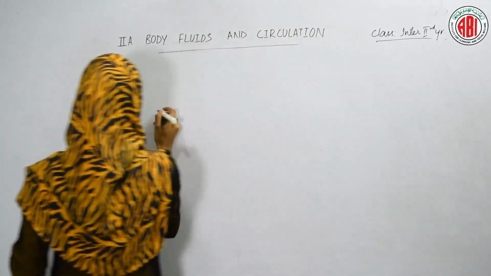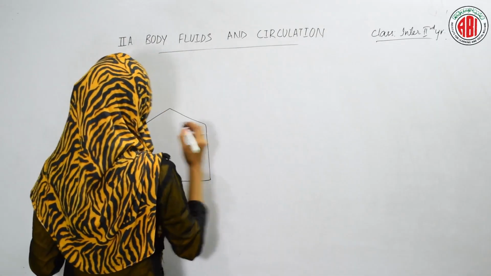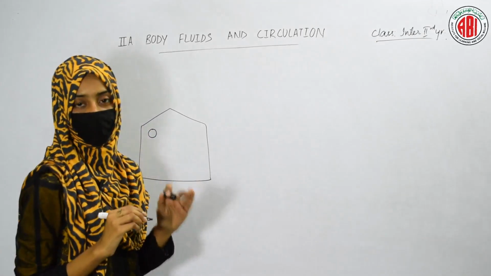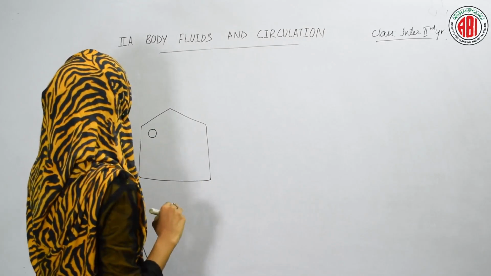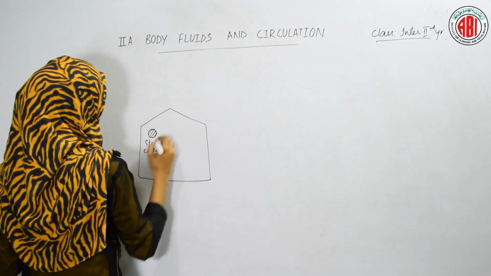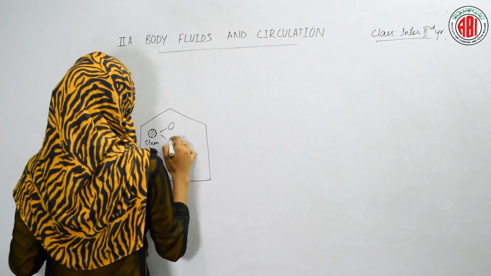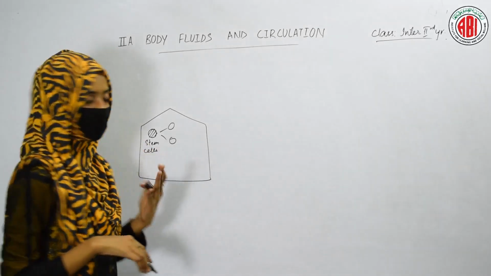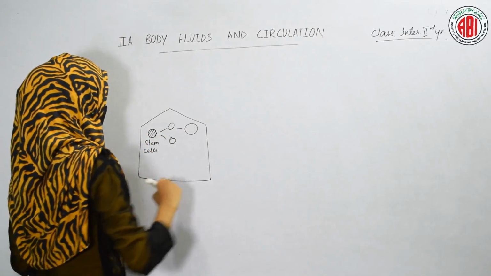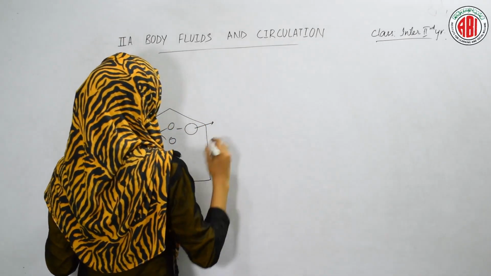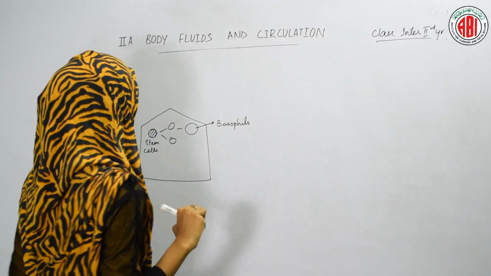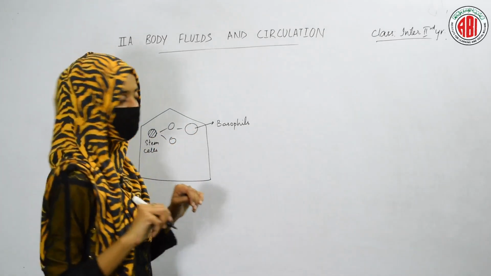So here we know that blood cells are formed in our bone marrow. This is our bone marrow. Inside the bone marrow some specialized pluripotent cells are present, which are continuously dividing. These cells are called stem cells. These stem cells undergo division and give rise to different cells. For example, if the stem cells produce some white blood cells, especially the granulocytes like basophils. So basophils are white blood cells. Let us see the function of basophils first.